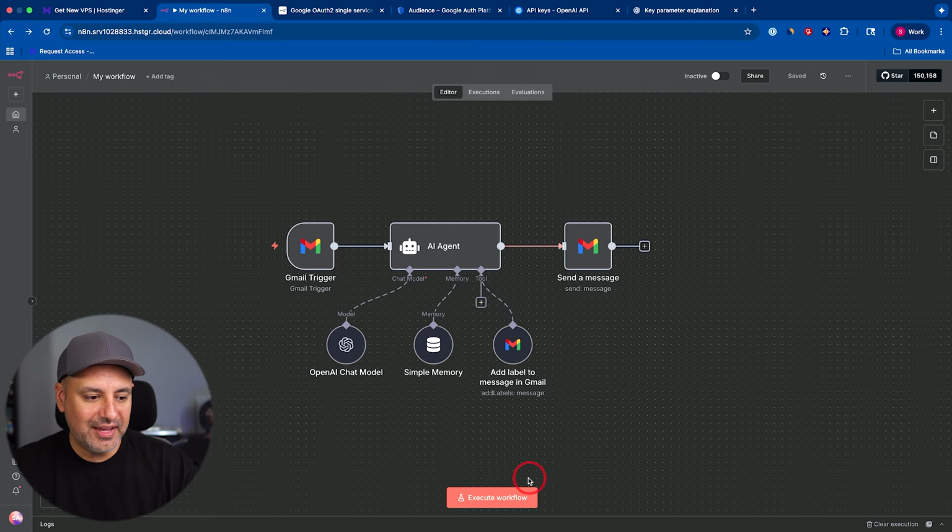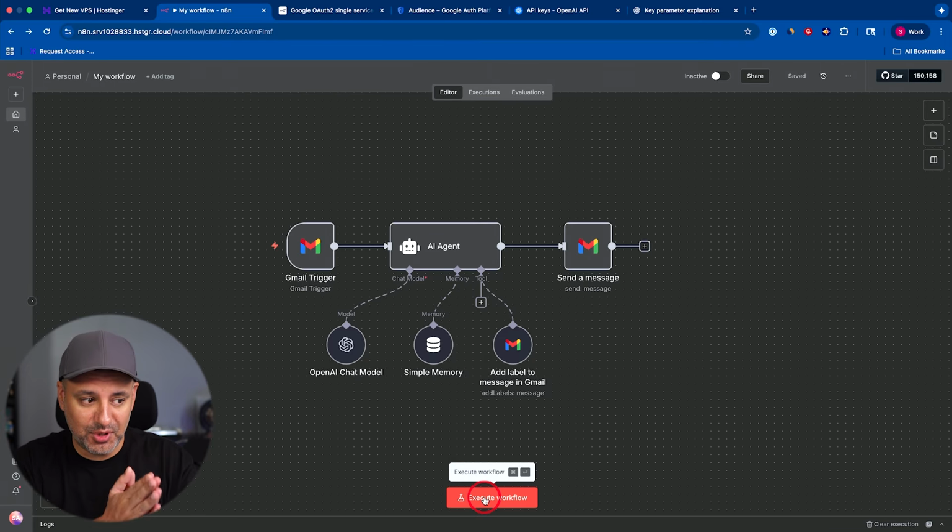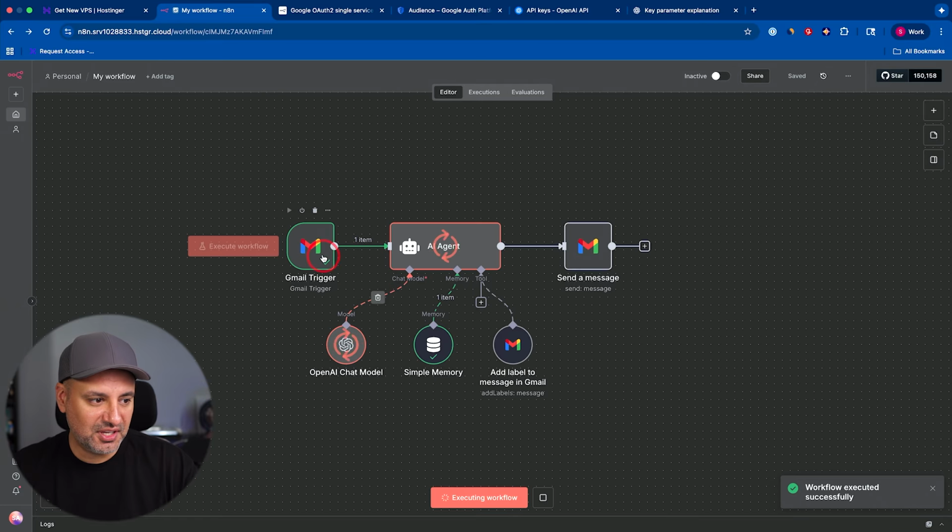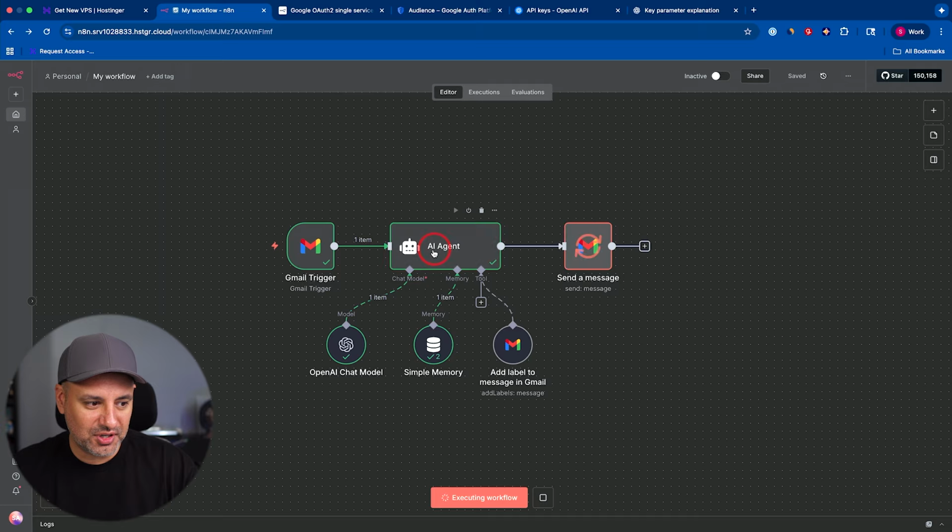And now let me go ahead and actually run another one. I sent myself another test email. So a brand new email did come into my inbox. So if I click on this, you could see it goes here, fetches that email. The AI agent goes to work. It goes to that model. The system prompt kicks in and it will send that email eventually here with a check mark,